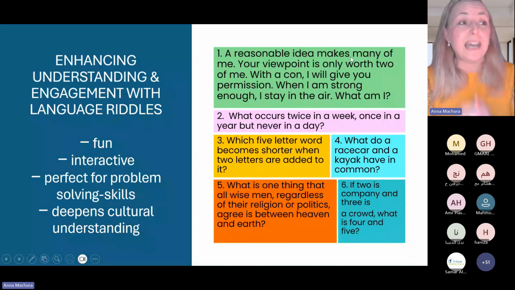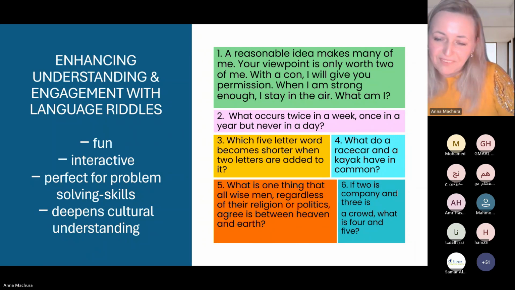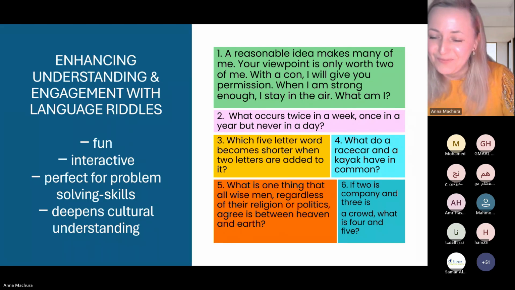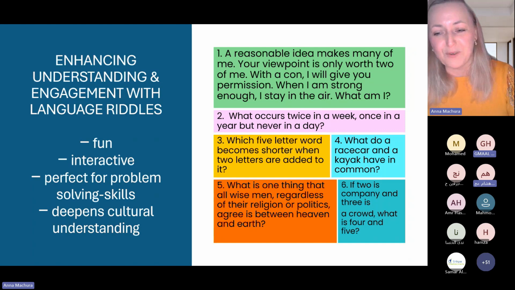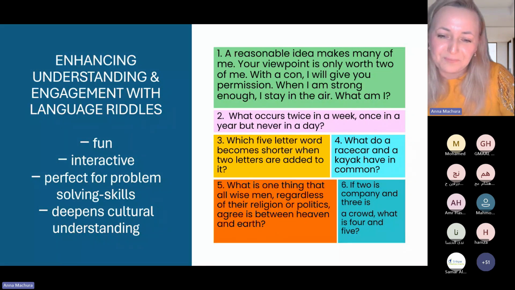Okay. So this is finding some patterns, what we're trying to do, okay? But it's out of the box. Now, you're like my class right now. So I'm showing you, it doesn't have to be just one pattern, but totally out of the box. If 2 is company and 3 is a crowd, you're probably thinking of company, crowd, what else? A big group. No, I'm just asking, what is 4 and 5? Like the total, the sum. 9. How much is 4 plus 5? 9. In other words, 9. See, totally off track.